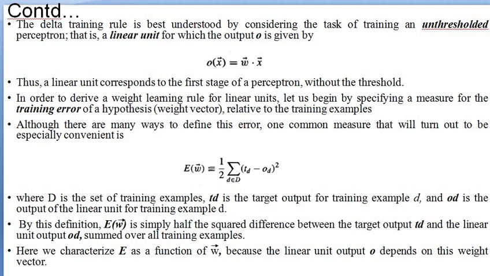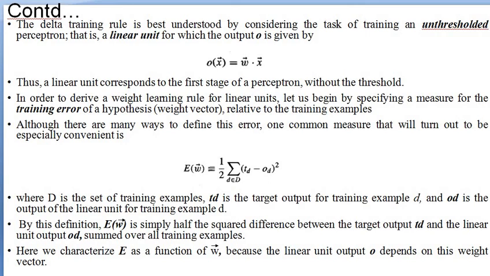In the last video I discussed what a perceptron is, what the power of a perceptron is, and how to update the weights of a perceptron by using the perceptron training rule. And in the last video I told you that I will explain one more algorithm to update the weights, that is the delta rule, along with gradient descent.